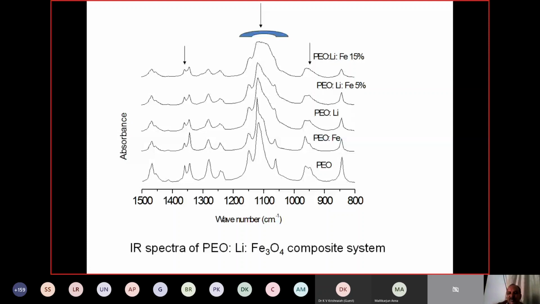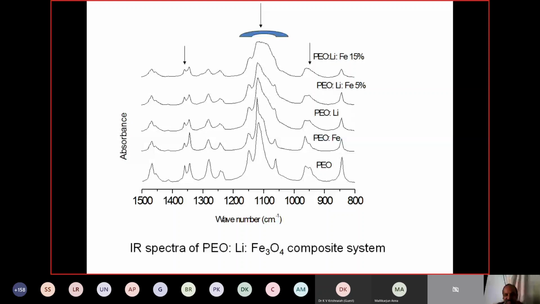That means changing its shape, its weight, its size, etc. Because of what? The cation is coordinating with the oxygen of the PEO. At the same time, we added the Fe3O4 nanoparticle to this, so there is also a change in the position of the CO stretching vibration mode. That means the coordination between the lithium cation, the Fe3O4 nanoparticle, and the polymer ethylene oxide, PEO, is some sort of